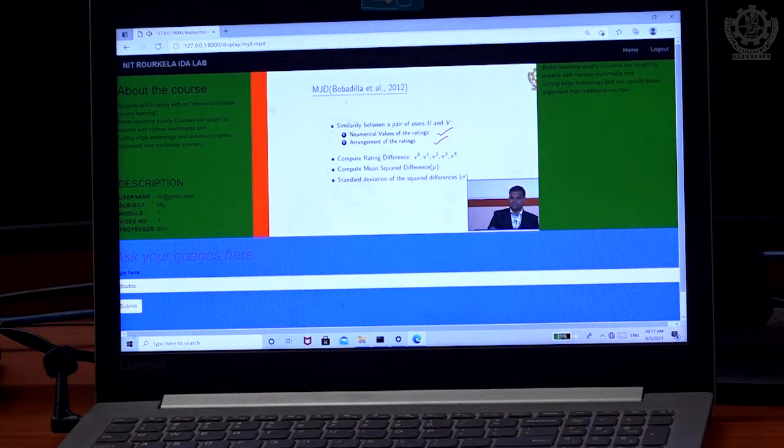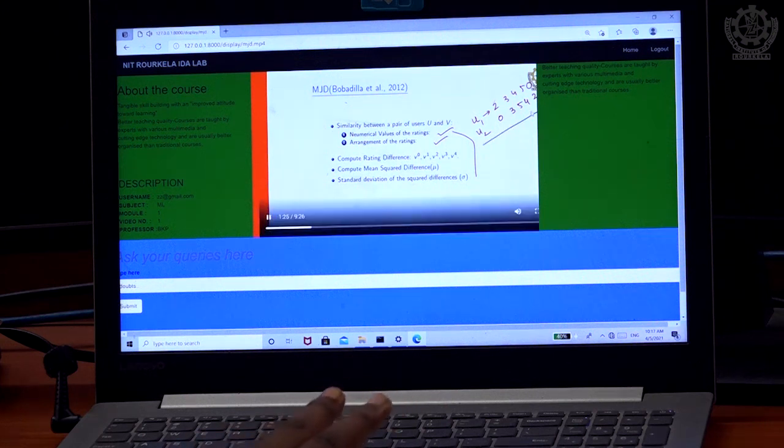In case of the numerical values, we have to compute the similarity between user U1 and another user U2, and user U1 has the ratings, let's say 2, 3, 4, 5 and 0. Another user has the ratings, let's say 0, 3, 5, 4 and 2. We have to compute the similarity between these two users.